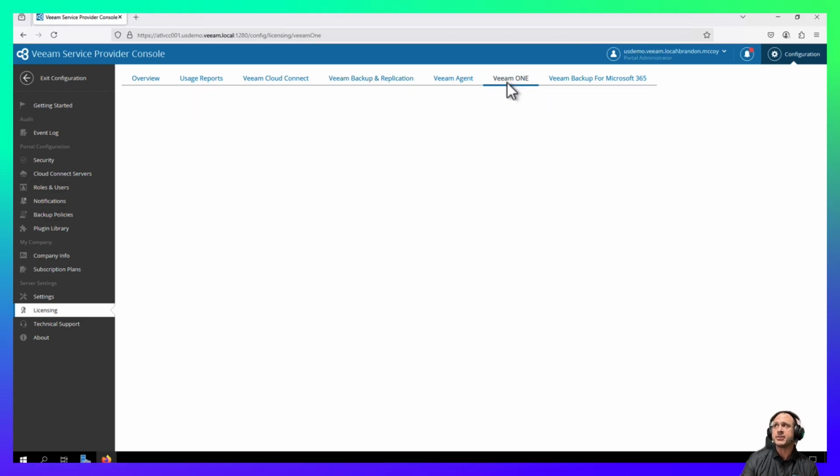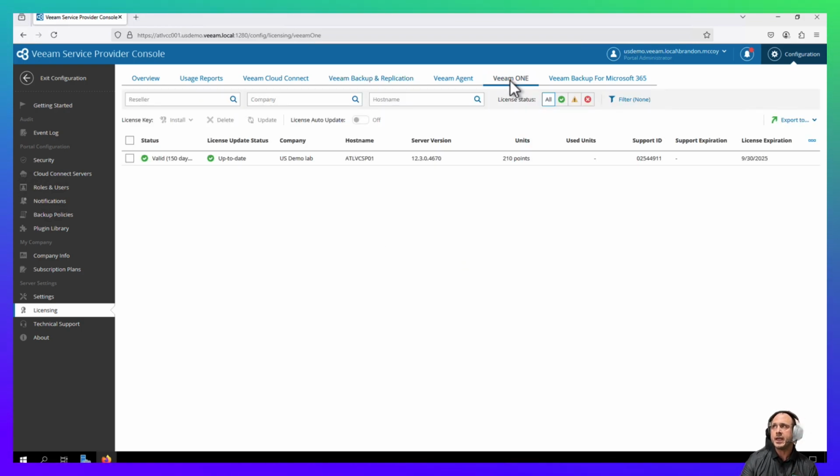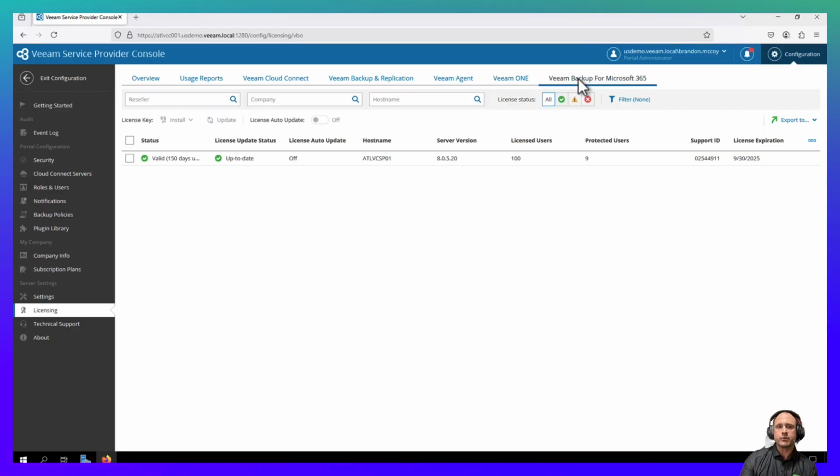I can do the same thing for Veeam ONE. I can also do this for Veeam Backup for 365, although keep in mind that Veeam Backup for 365 does support multi-tenancy. And this kind of brings us into the conversation about how you license Veeam agents. And I'll tell you why. For every customer who has their own Veeam backup server, it is highly recommended that you create an individual license